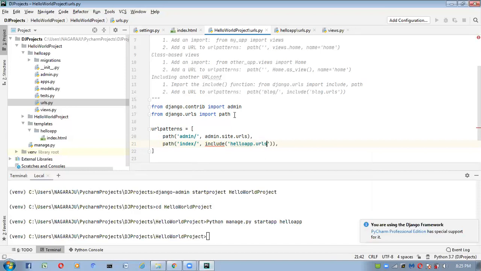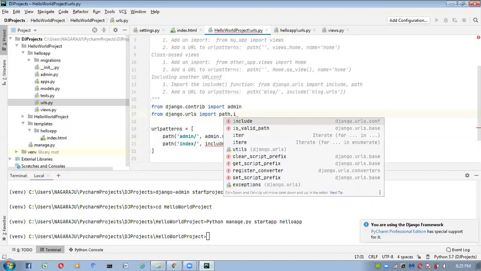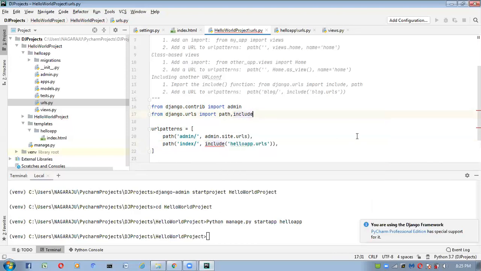Now import that include like this, and save this one. Right, up to here clear. Now just run the server once: python manage.py runserver.